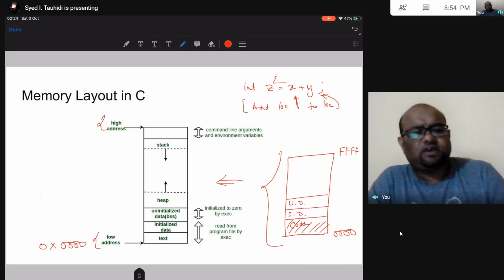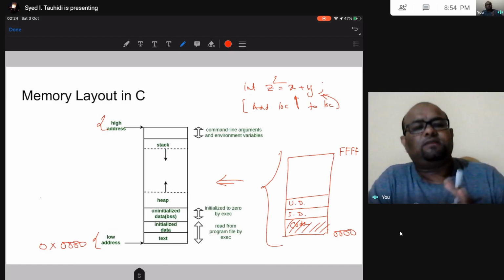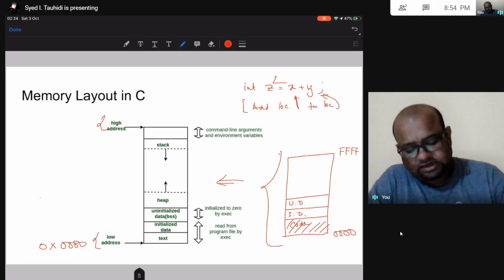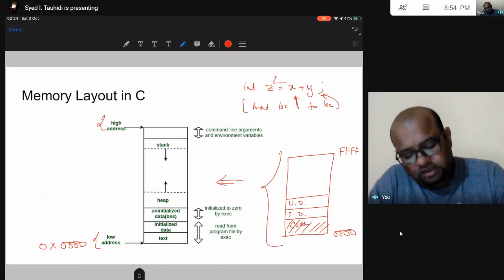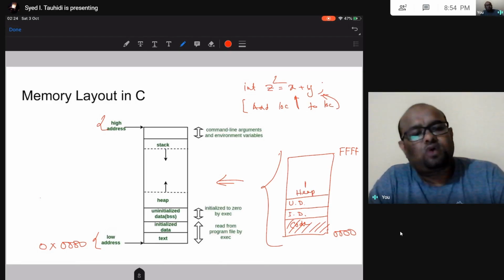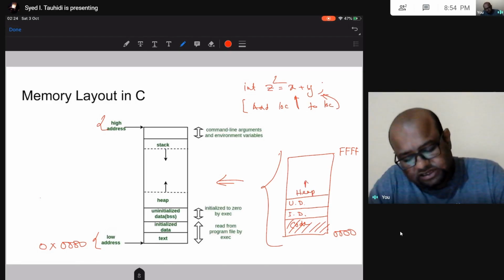So yeah, this is what we have. Then there are two more very important parts. There is going to be heap memory that is going to grow upwards, and there is going to be stack memory that is going to go downwards.